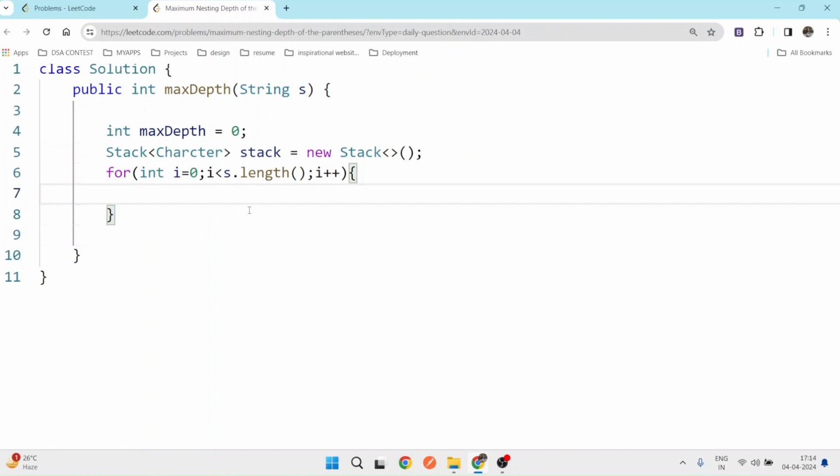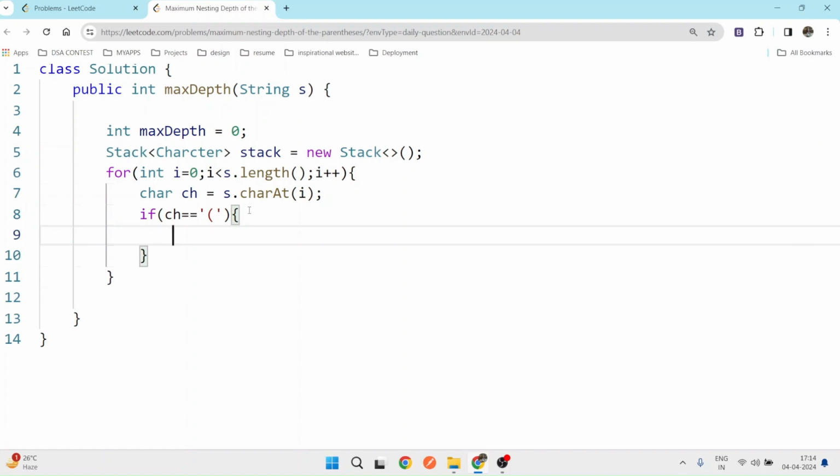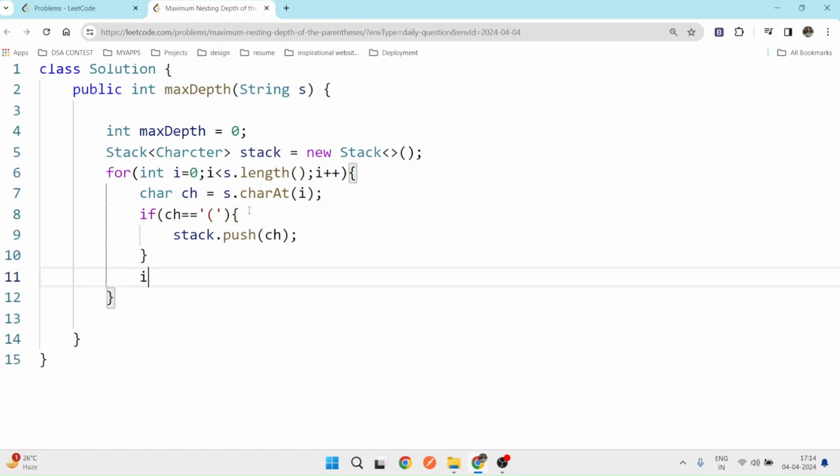So after this, we have to find the character at every index. We will find the character at every index by the charAt method on the string. So we will check if ch equals the open parenthesis. If we get the open parenthesis, we will push the open parenthesis into the stack. After that we will check